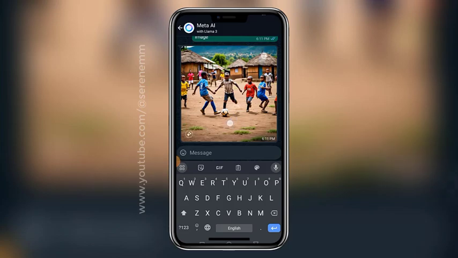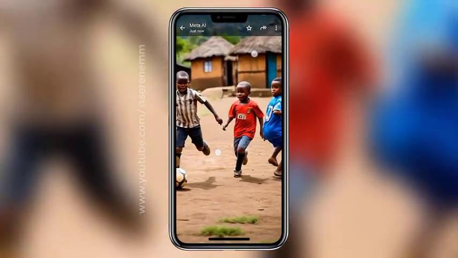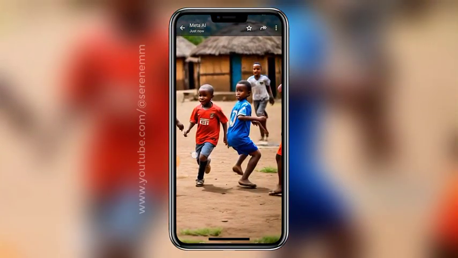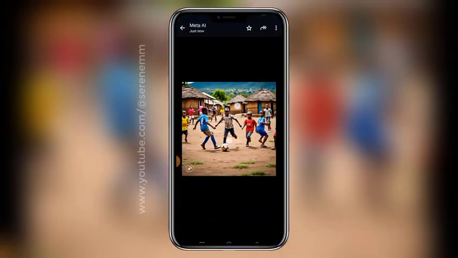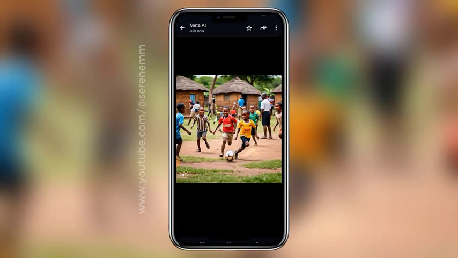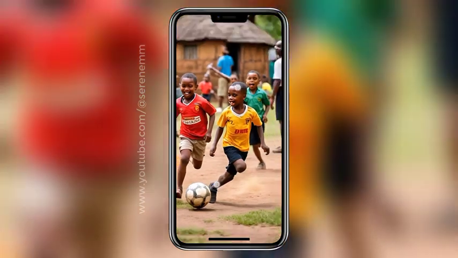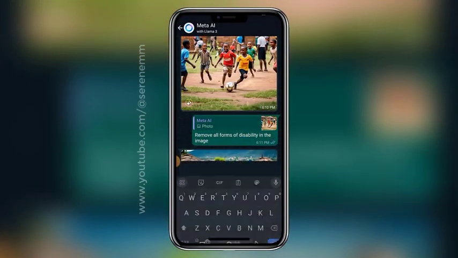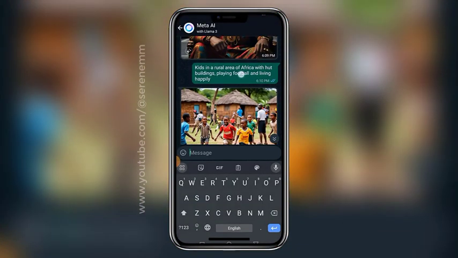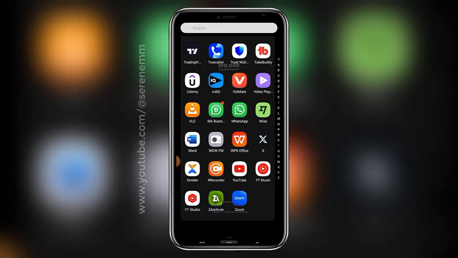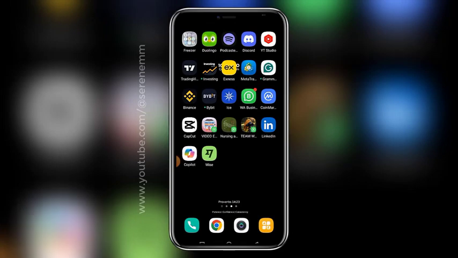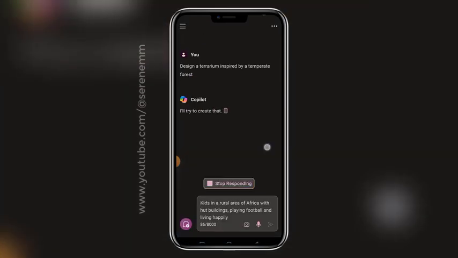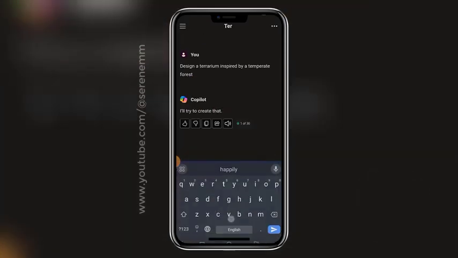There was a problem. The AI still gave me some unrealistic result. Look at how come this person's head has turned the other way, and this is the disability I was kind of talking about earlier, right? So yeah, that's something I think is not going to work. So quickly I copied the text and we are going to Copilot now. Microsoft Copilot, and let's see what we are going to get over there as well. Let's see if the results will be better than the one we've gotten from